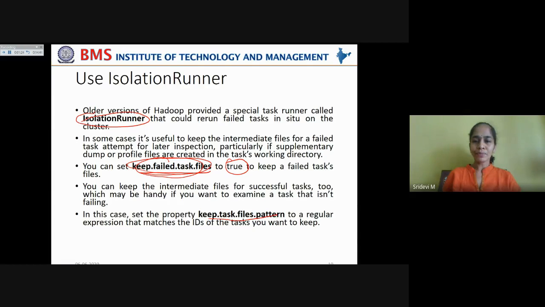But if you want to check how the successful tasks have completed, you can set keep.task.files.pattern to a regular expression that matches the IDs of the tasks that you want to retain. So if you want to retain some successfully executed tasks and observe how they executed, so that you can make use of that experience, you can enable this option, keep.task.files.pattern, by giving a regular expression to match the IDs of the tasks that you want to retain.